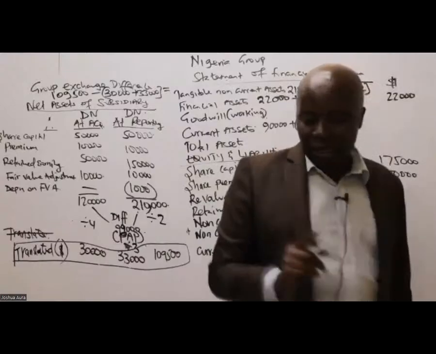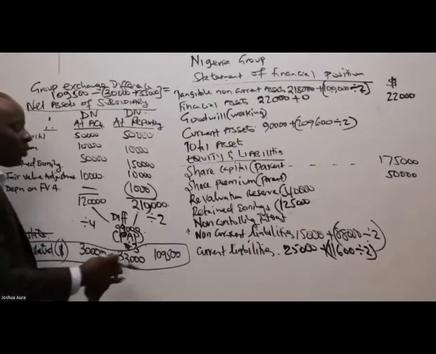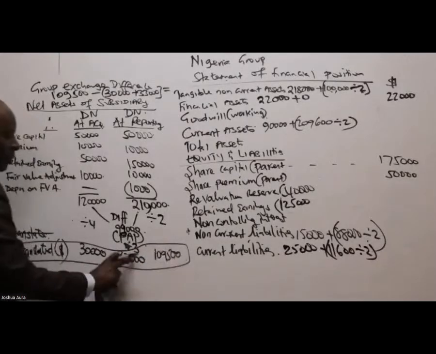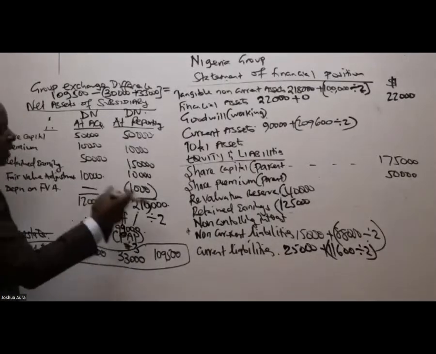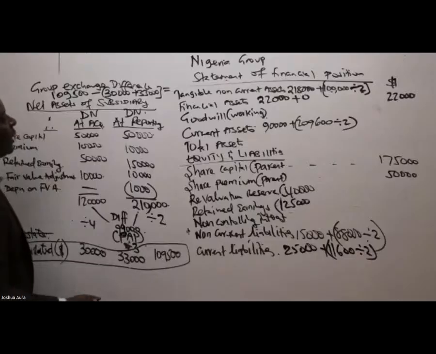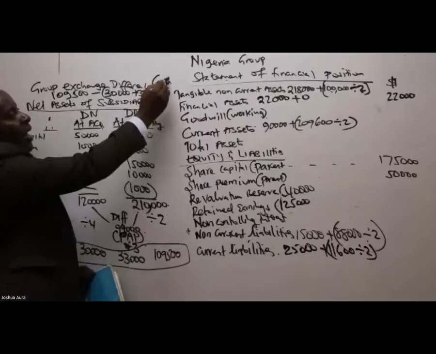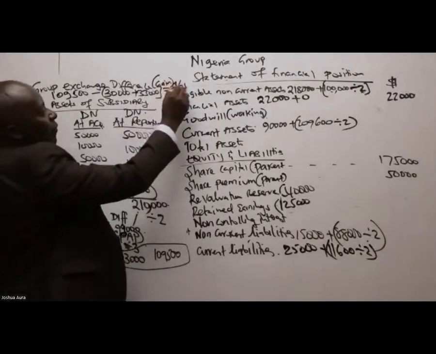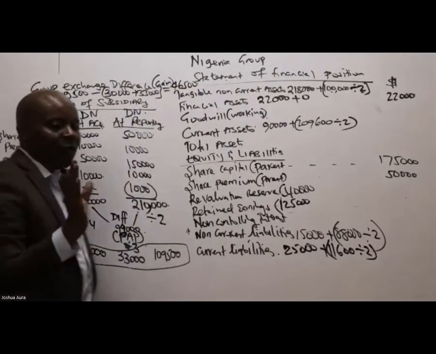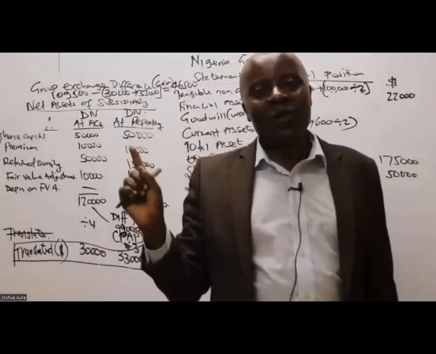46,500 is the gain in translation. It's a gain because we took the closing minus the sum of this. We expected the sum to be 66, but it has given us something more. So, ladies and gentlemen, this group exchange difference is a gain of 46,500. Whenever we have any gain, remember, you're going to give this out to the two